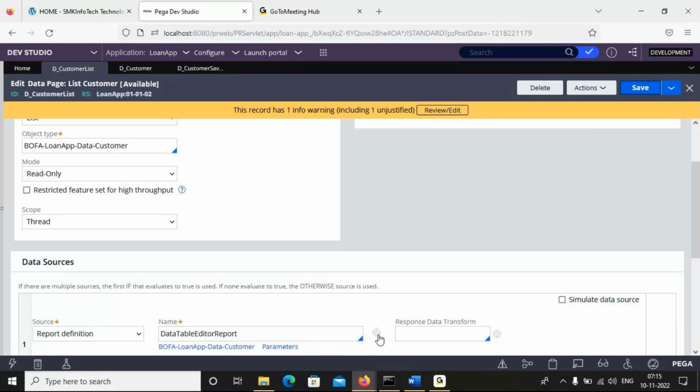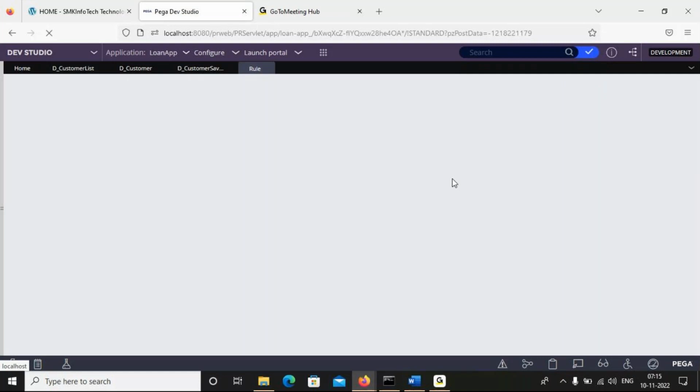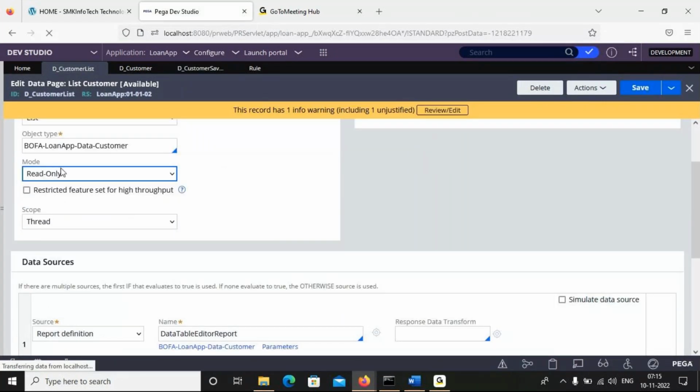Open this report. I want to bring the data from the database layer from more than one table. Again, very simple. Where do you have to change this information? No need to change the information inside the data page. We need to change it inside the report definition rule. We need to open that. There we can use the joins concept.